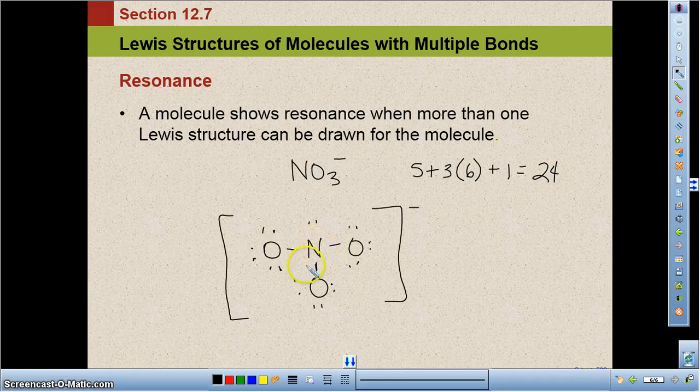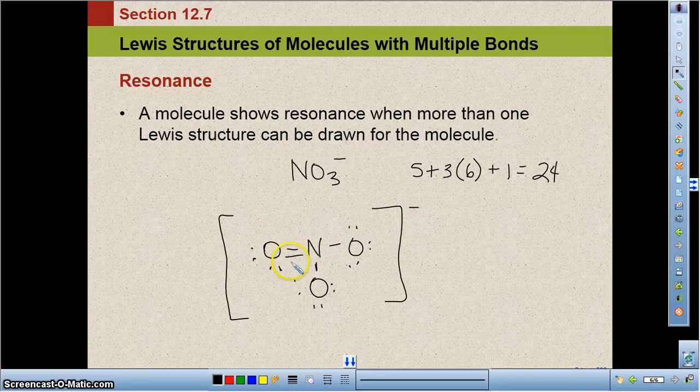So now that we know that the octet rule has been met for each element in the ionic species, we're going to count total electrons. So let's start here: 2, 4, 6, 8, 10, 12, 14, 16, 18, 20, 22, 24, 26. So we have 26 electrons, and we're supposed to have 24 electrons. That's the first indication that we probably need to put in place a double bond. Here's what's going to happen. If I were to erase this one and erase this one, for example, and in place of that, put a